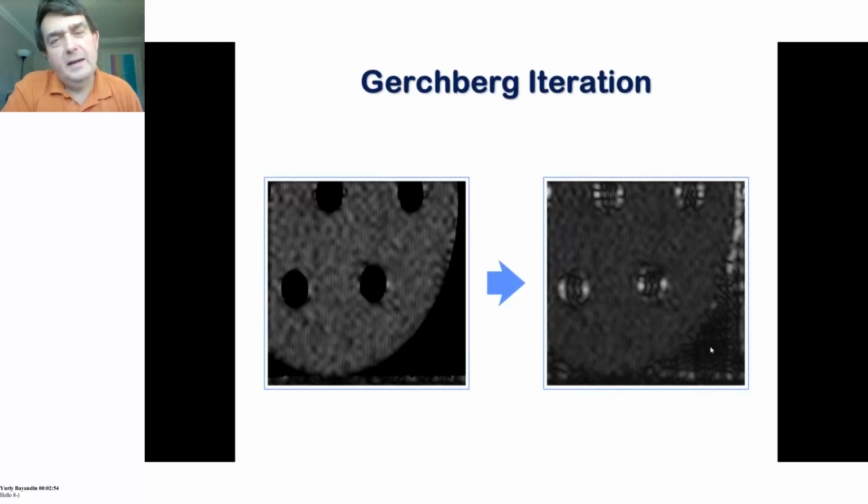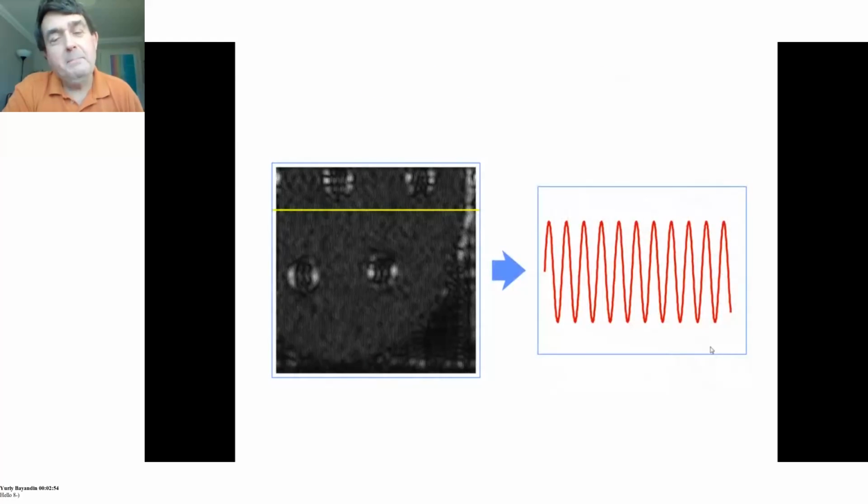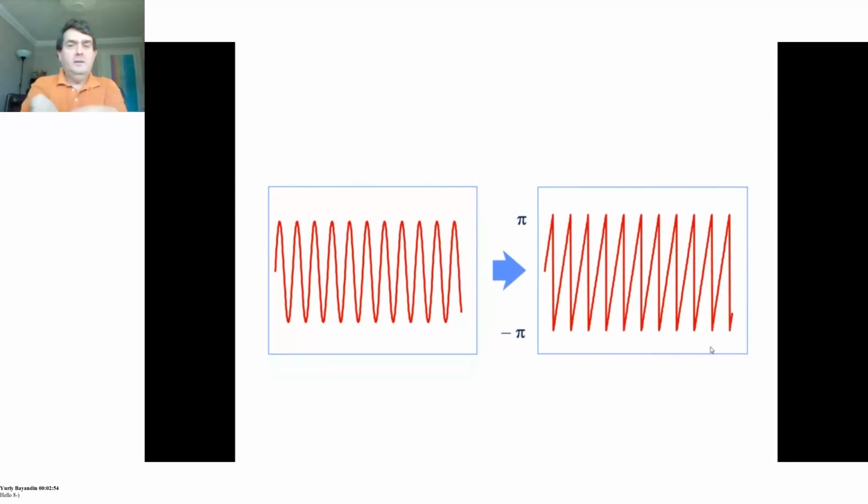We then take, back to the more simple analysis compared to Gerchberg, a line across the image and we get an intensity variation. You know, it's white, it's black, it's white, it's black. There it is on this kind of sinusoid. This is doing a thing called phase unwrapping. So we get this intensity versus position variation. We then take the arcsine, so we unsine the system and we turn it back into, in this case,